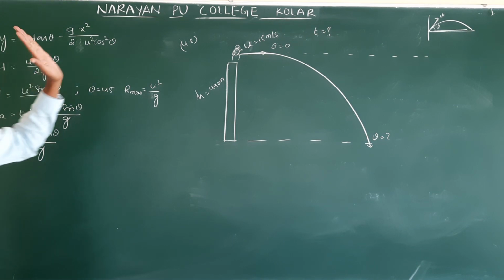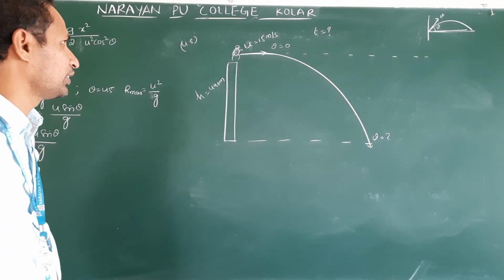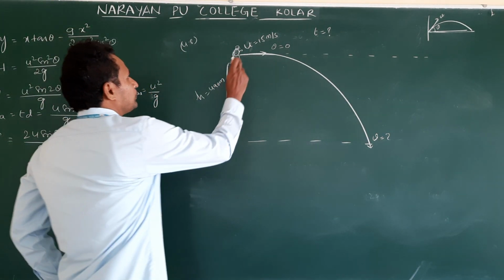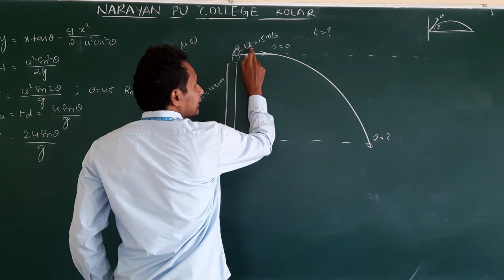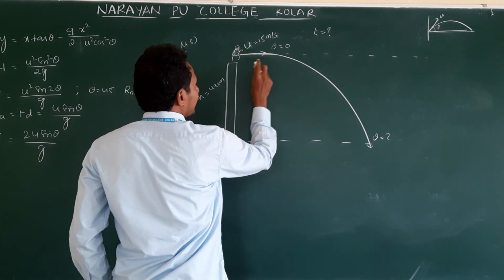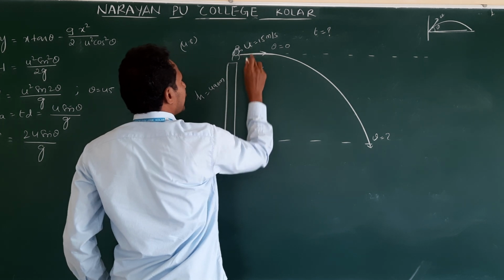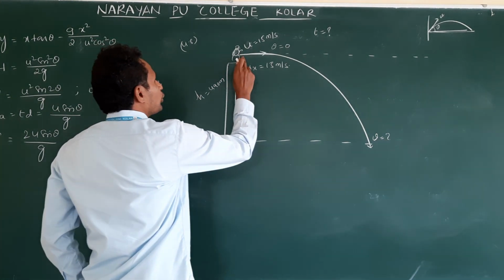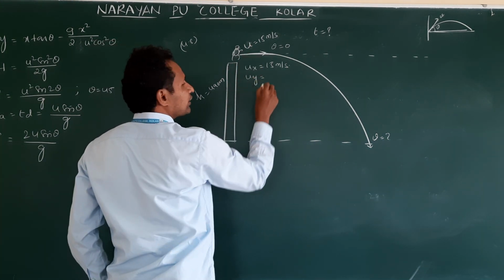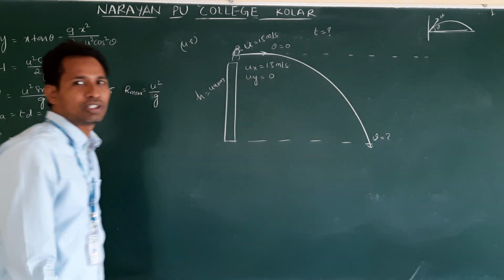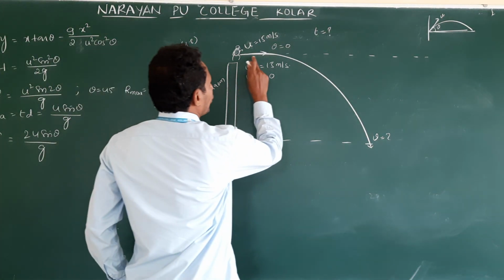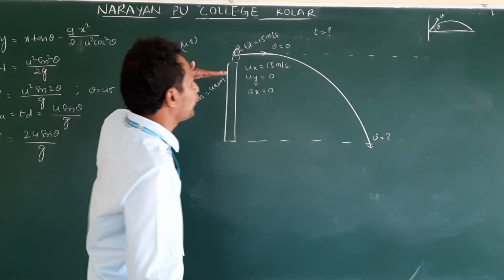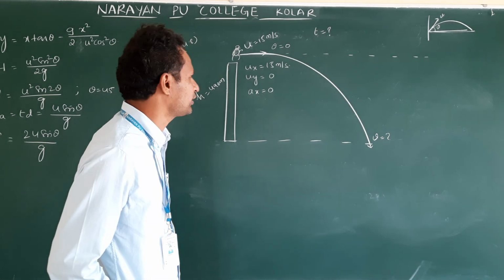We solve this using the two directions concept. How do we take the two direction concept? This is projected along the x-axis horizontally. So instead of u, take ux as 15 meters per second. What about uy, the initial velocity along the y direction? It is 0. Now the horizontal acceleration ax is 0, because no force acts along the horizontal, so acceleration is 0.